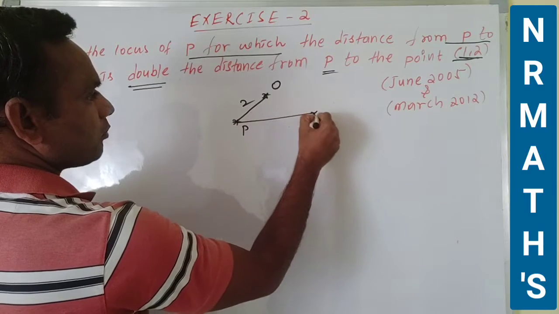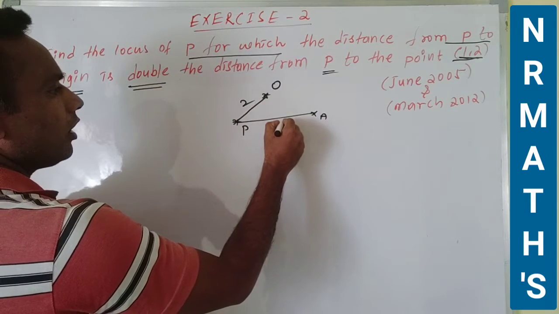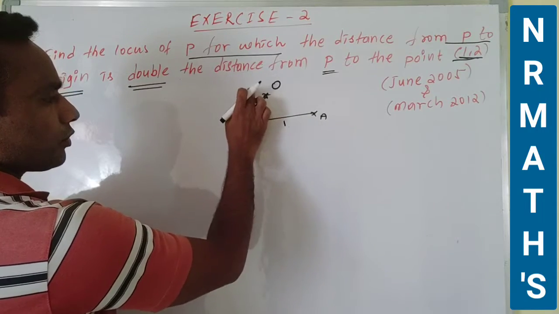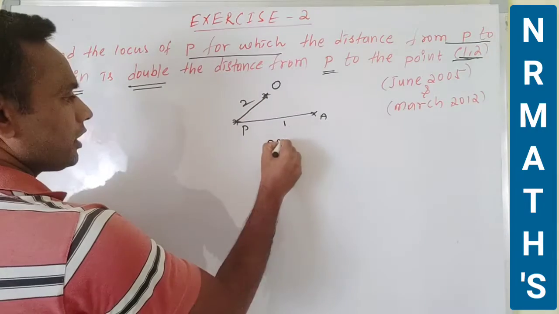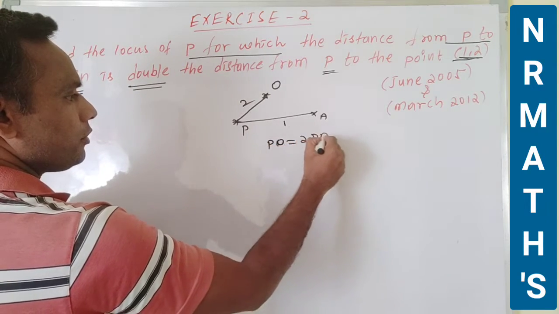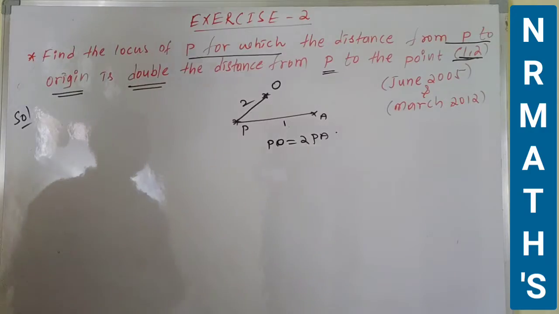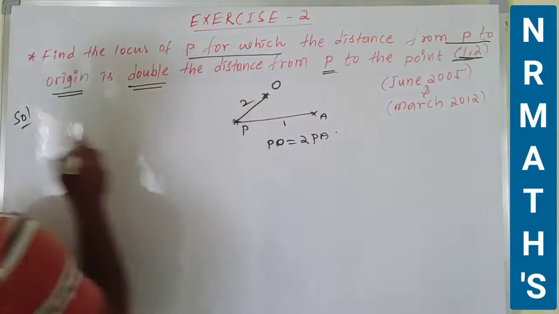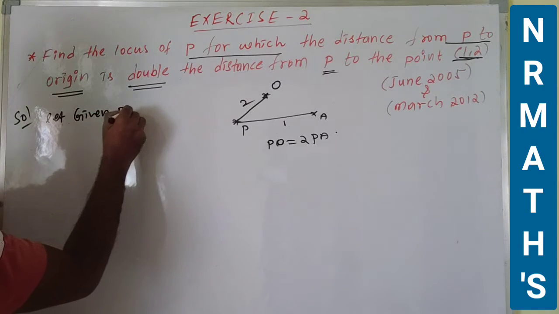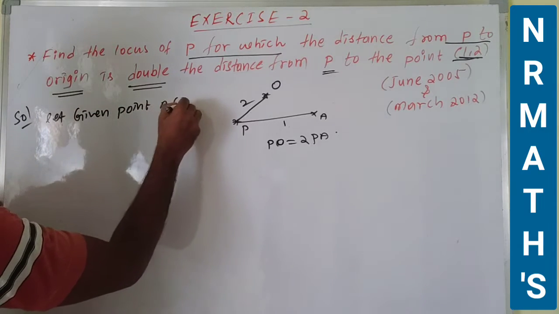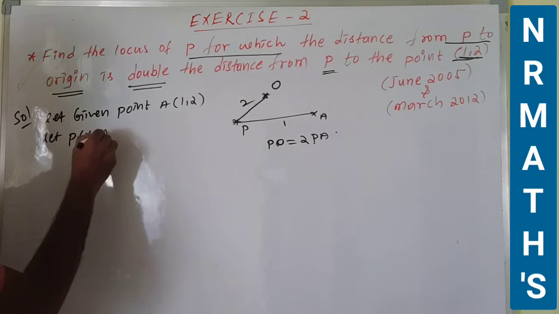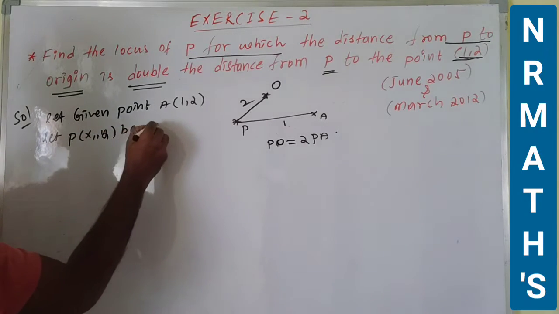Now, for example, it is the A. Meaning here 1 unit, here 2 units, here 2 it is 4. OP is equal to 2 into PA. Okay. Now let here the first A, the given point, A is 1 comma 2. Next, let P(x1, y1) be any point